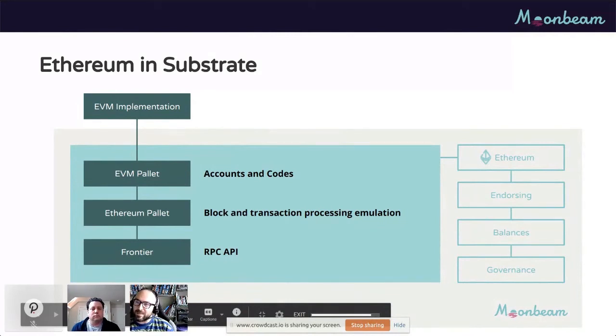What the Ethereum pallet basically does is emulate the Ethereum blockchain inside a Substrate blockchain. And the Frontier project is this full support for the Web3 API and the RPC that are in the Ethereum specification.